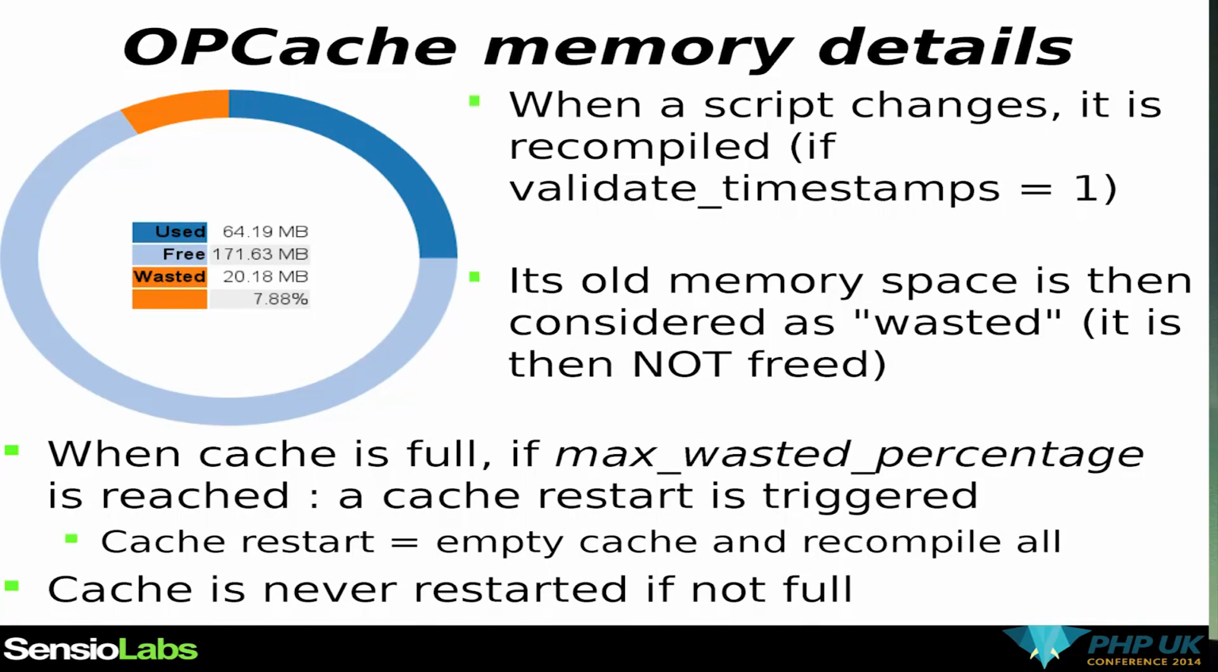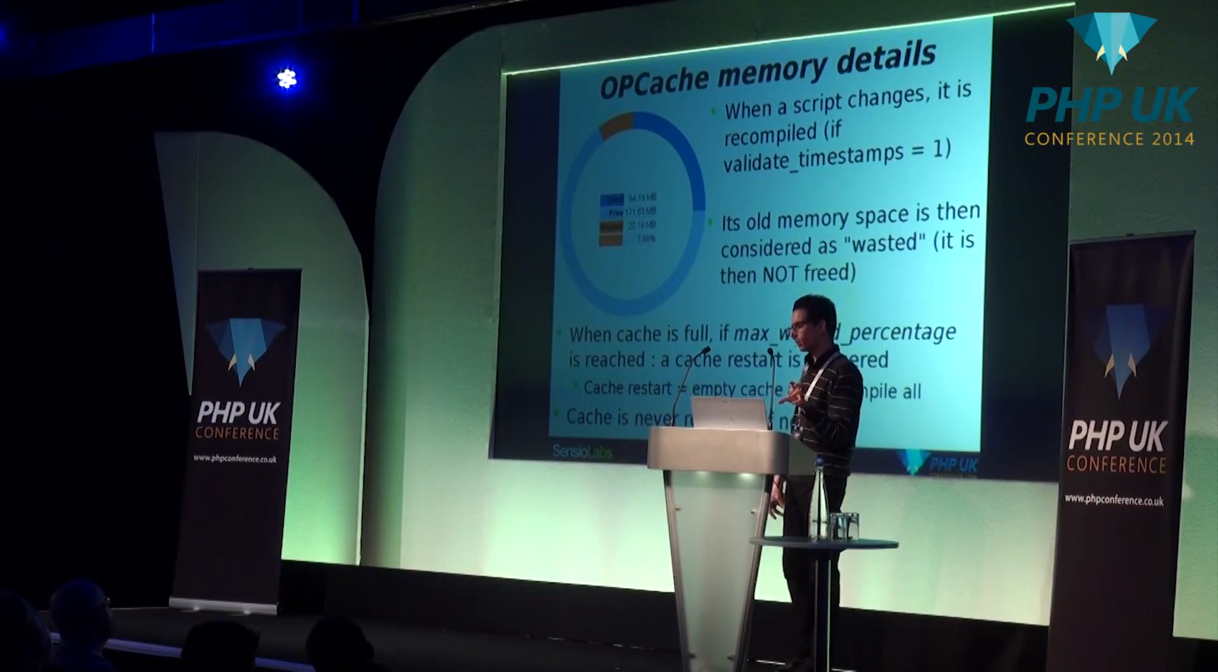So, the cache: there is something which is tricky in Opcache if you compare it to APC. Whenever you have a file, it gets cached, and then it's going to change in production. I don't know why it's going to change. So Opcache is going to recompile it, but it will never free the memory of the old file. It will say,